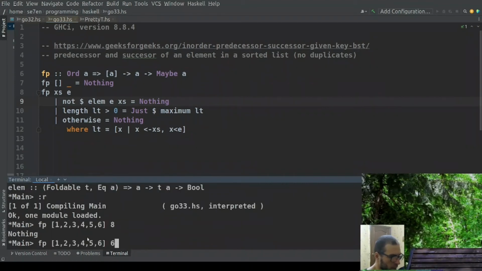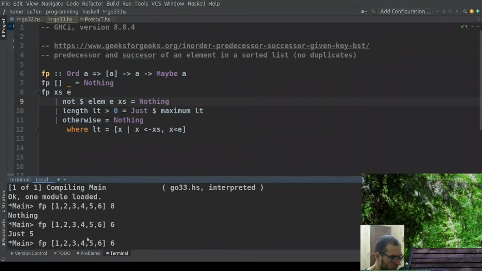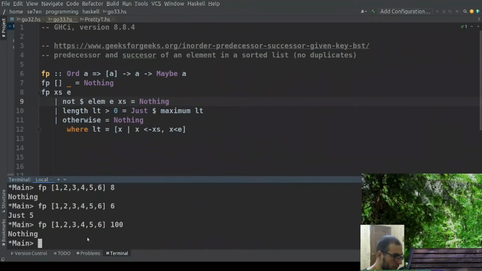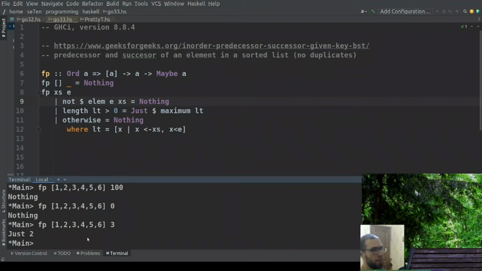Yes. So if I provide an element which is not in the list, I get nothing. But if I provide an element which is in the list, then I have the predecessor. Also,